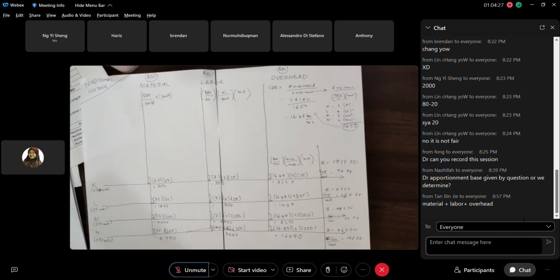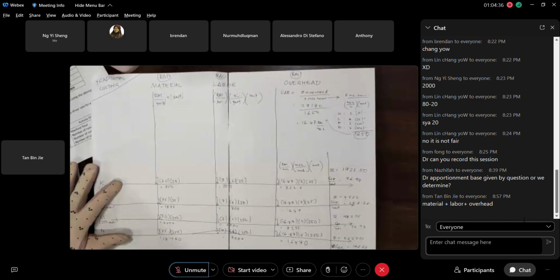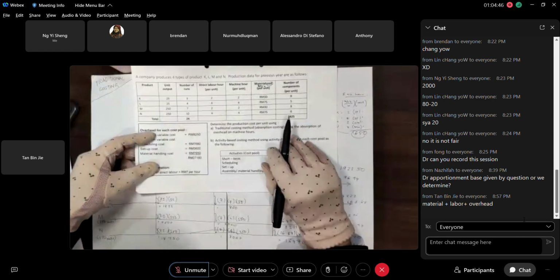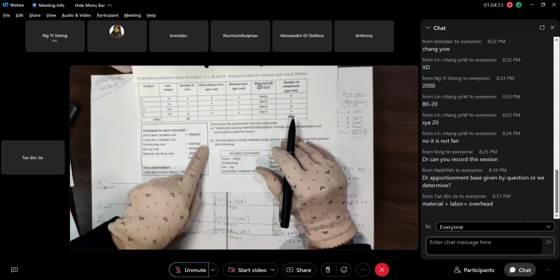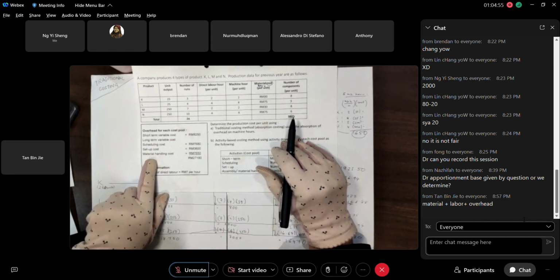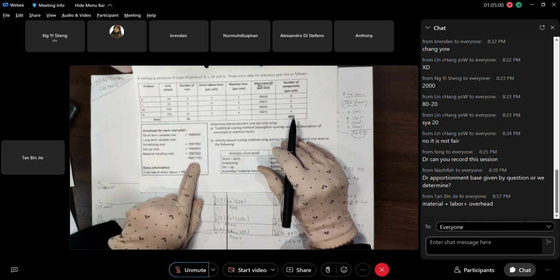Okay, any question? Sorry, doctor. For the OAR, how to get the 27180? So 7, this one, how to get? Okay, now go to the question. You have the overhead, the total, short term, long term. Long term consists of scheduling, setup, and material handling. So you just total up all the overhead here. So you get 27180.